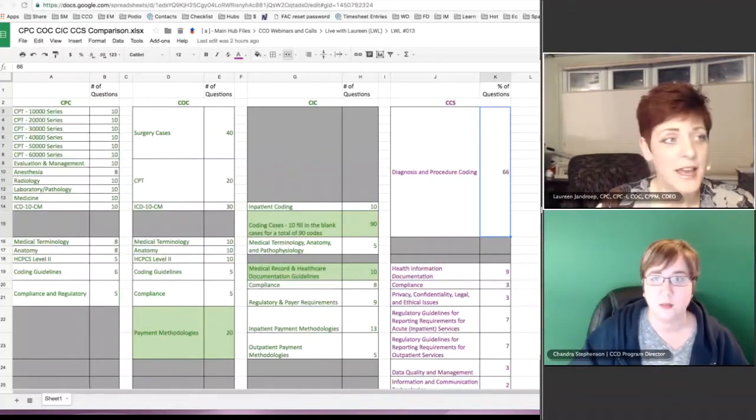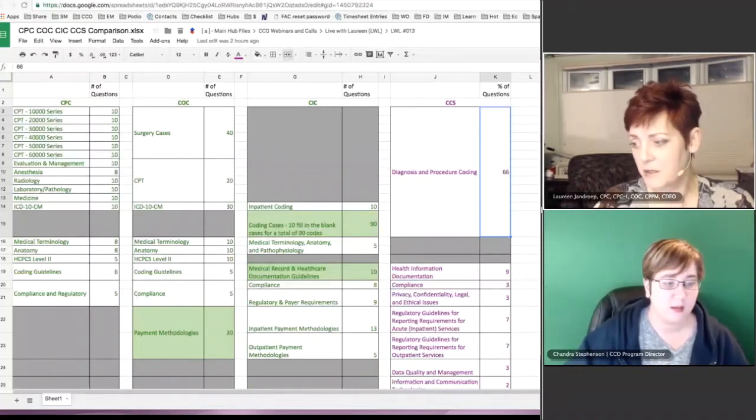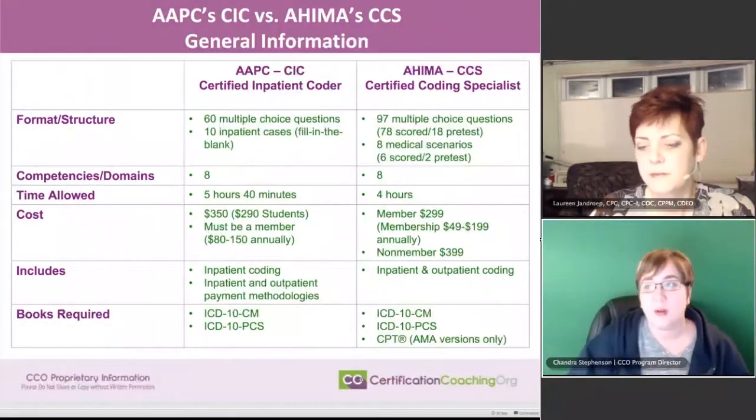Those slides I cannot seem to get to pull up. I don't know if you want to switch sharing desktops or? Okay, so in the slides,